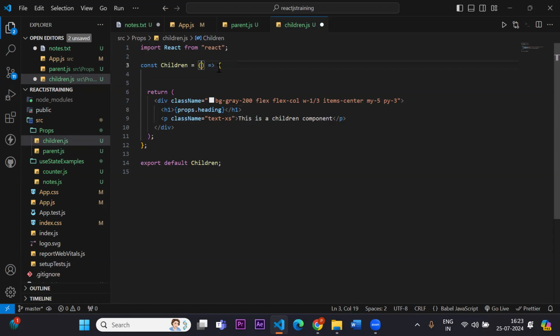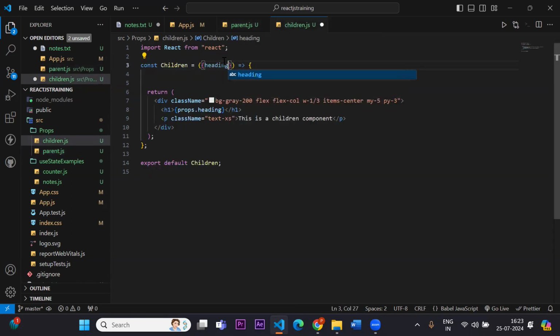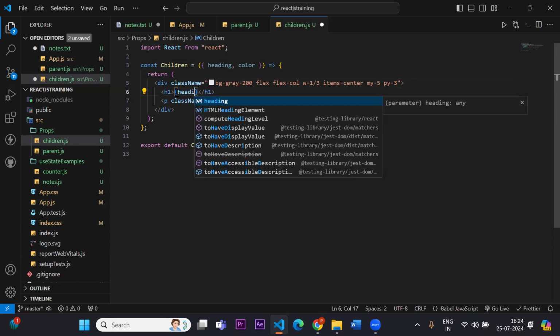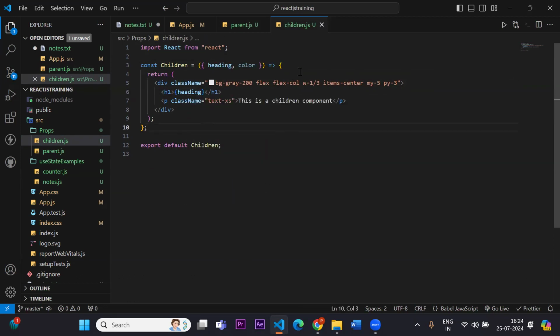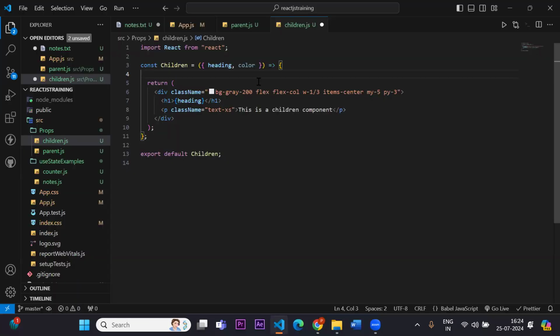So there is a concept of destructuring in JavaScript. What we can do is write the names of the properties that we want to access directly. Okay. And after that, if I directly write heading, we can see that it will still show us children one, children two, and children three because we have destructured it. And now, if we want to change the color of each div,